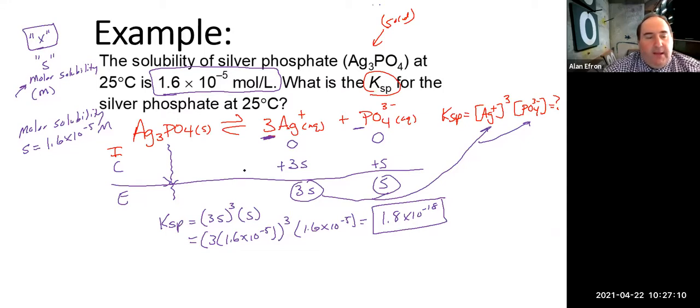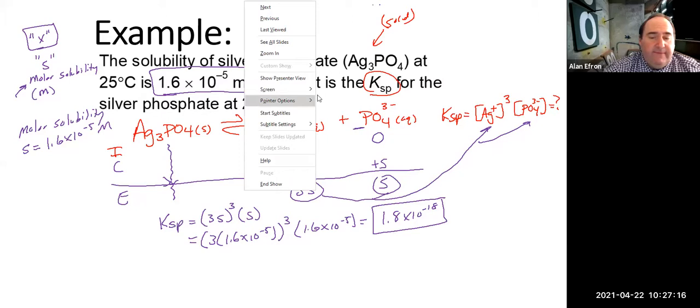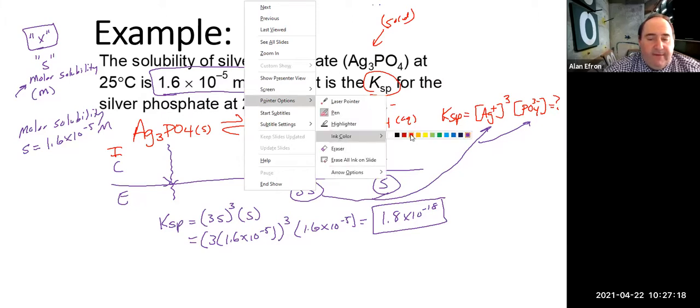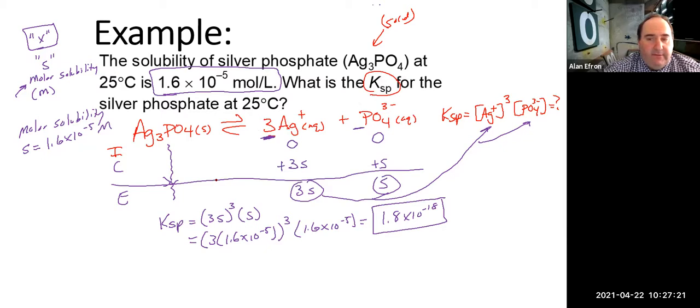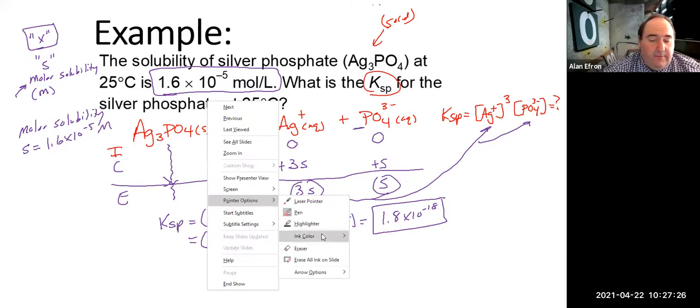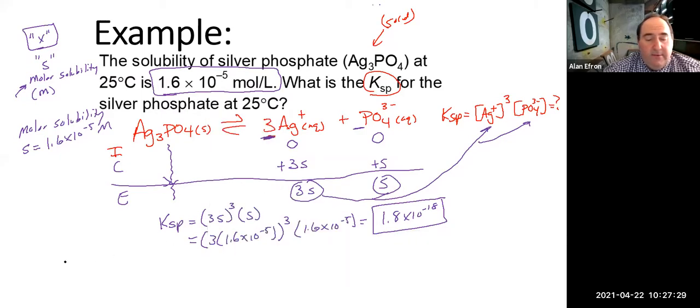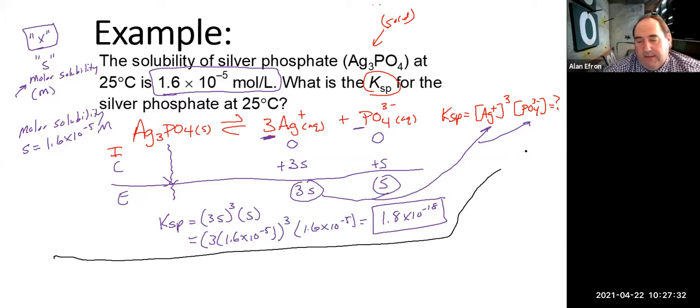Now, that is how we work ice tables when we're doing Ksp problems. And again, as I mentioned earlier, if the only thing you're given is the Ksp value and nothing else, you definitely have to do an ice table. In this particular problem, you don't necessarily need to do an ice table. What I mean by that is if you understand concentration and the relationship to the ions in an ionic compound, you would understand that when you look at something like this, and they gave you the concentration of the whole thing